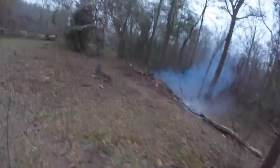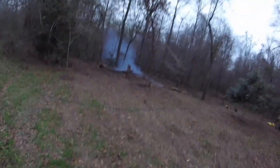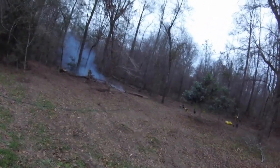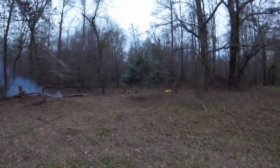For anybody that wants to sign off, go ahead, but I'm just going to give you a quick rundown of what has taken place. All this has been cleared recently. I had my critters in here, but stuff kept getting into it. So I'm under the impression that once I clear this out and make it more like people live here, instead of it being thick brush,